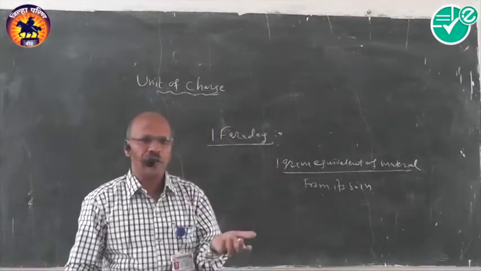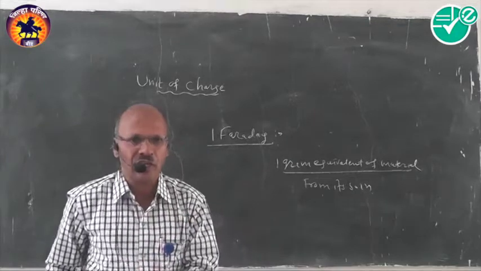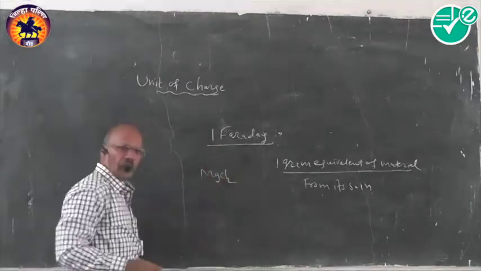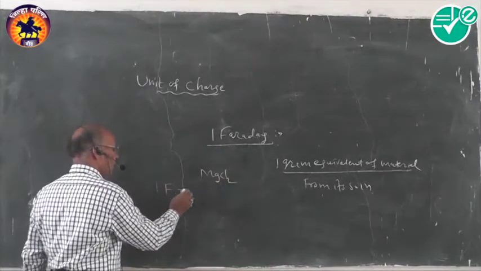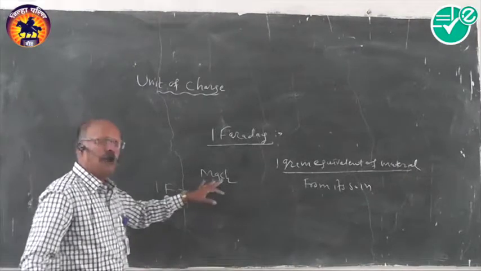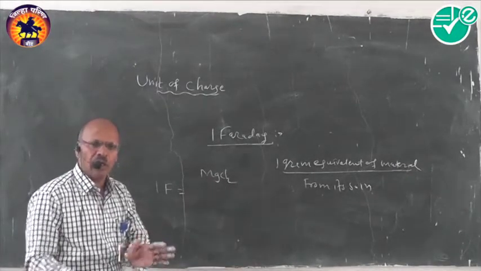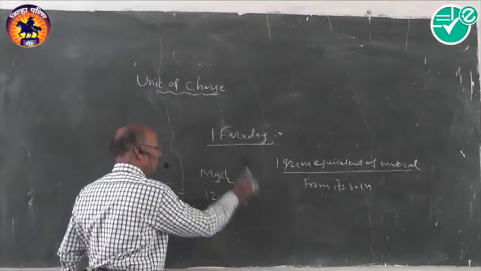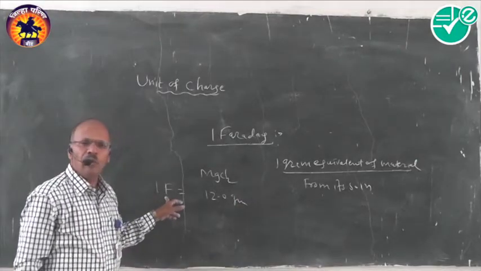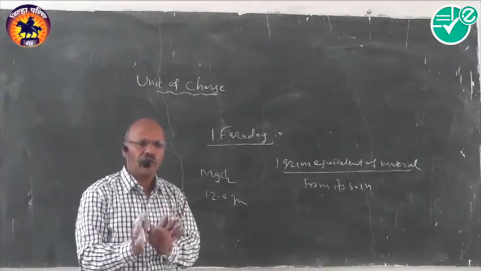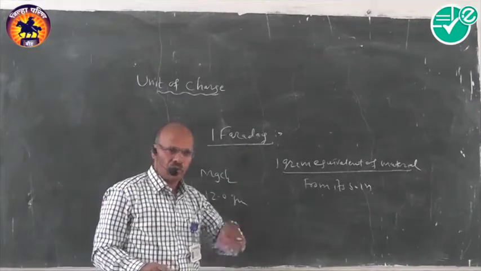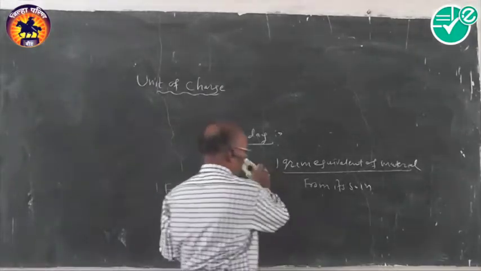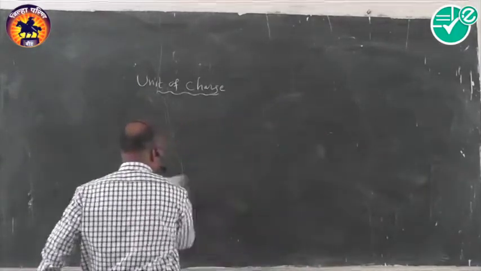That means when there is 1 Faraday, its value is that 1 gram equivalent is liberated. Suppose we have magnesium chloride solution and we pass 1 Faraday of electricity. What is the amount of magnesium deposited? The amount of magnesium deposited is exactly the gram equivalent, and therefore it will liberate 12.0 gram of magnesium by passage of 1 Faraday of electricity. We have to remember this concept from the MCQ point of view or any competitive exam point of view: the concept of the Faraday and its proper explanation regarding the different values and its applications.